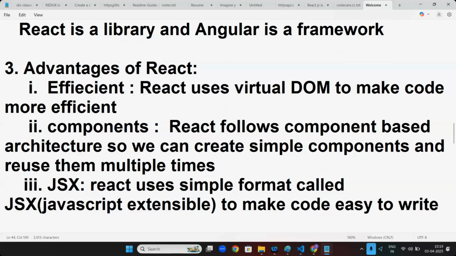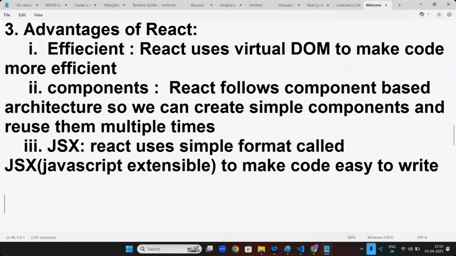Right. We will discuss what is component. We will discuss what is JSX. We will discuss what is virtual DOM. In future, don't worry.